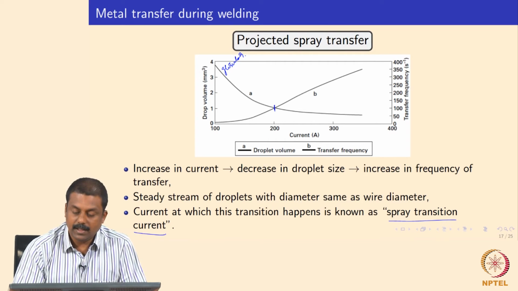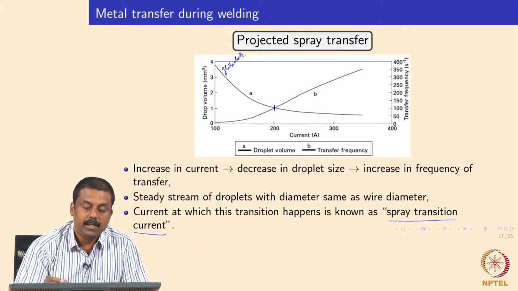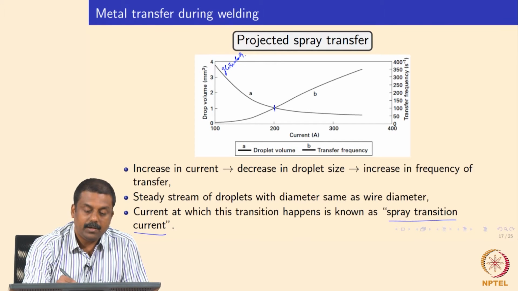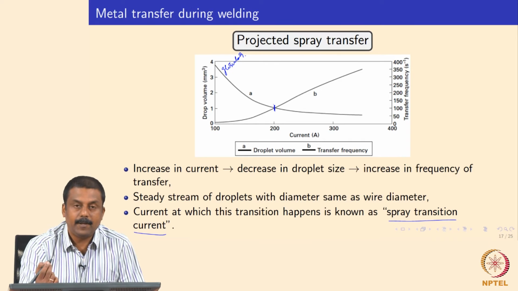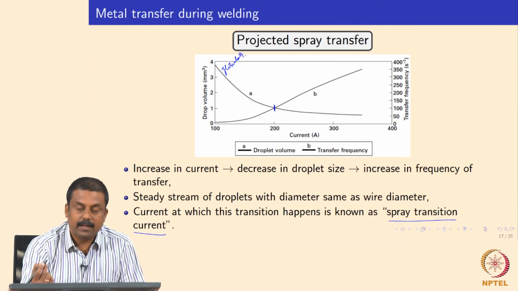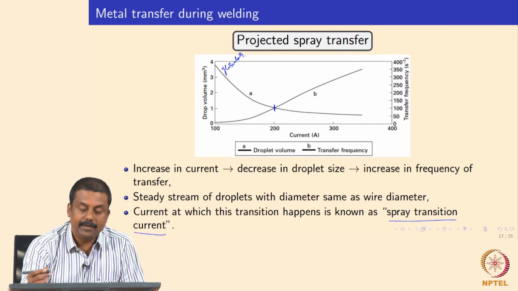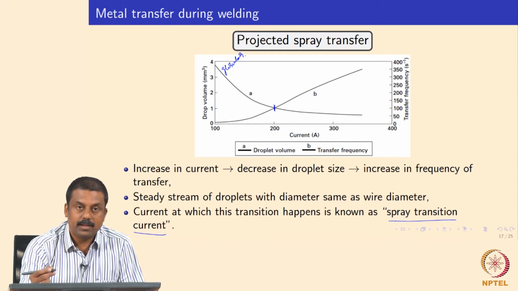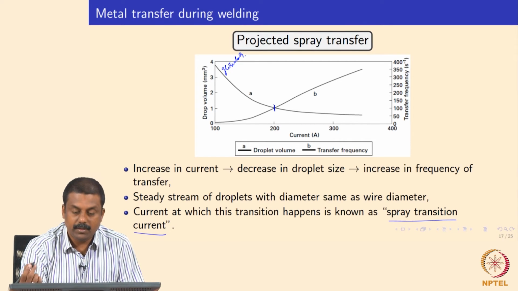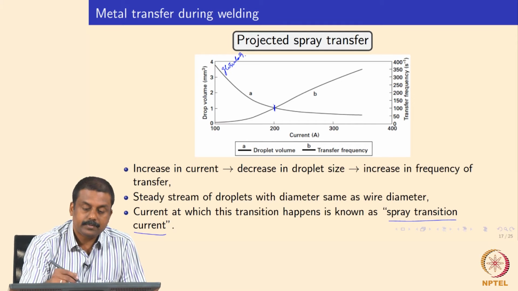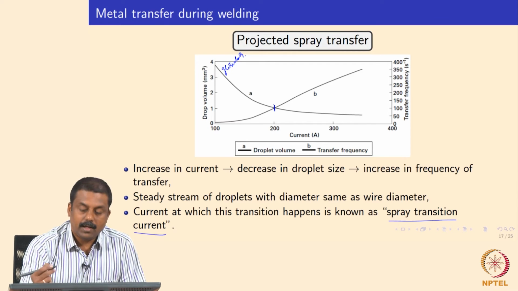This is an important parameter in GMAW, where in order to get good aesthetics of the weld as well as spatter-free stable welding, we generally operate in and around the spray transition current, where we can transfer droplets with a diameter equal to the filler wire to the workpiece continuously